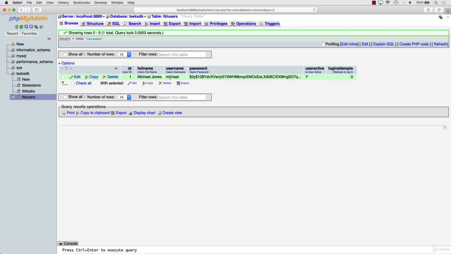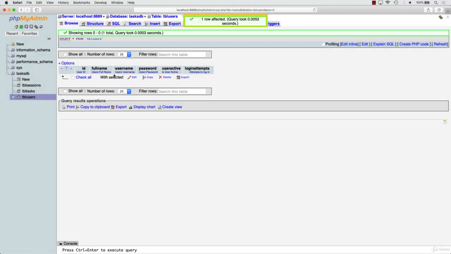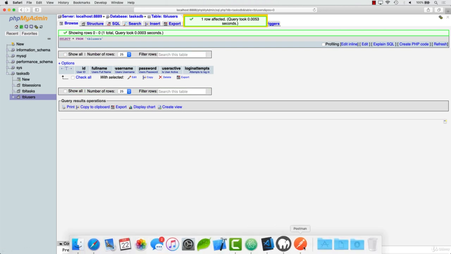What I'm going to do, I'm just going to delete this user because, to be honest, I can't remember what the password was now. So we'll run through creating a user and then logging in as the user. So I'm just going to delete that user. So we don't have any users, so we'll have to create a user. So if we go to Postman,